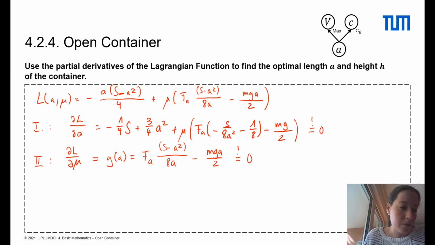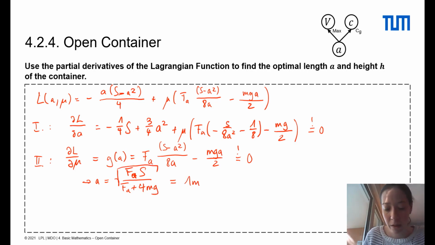So we can compute a from this equation. That's the square root of fa times s over fa plus 4mg, which is 1 meter, because the other solution to this square root is -1, and that's out of the design space because the design space only starts at 0. And then we can use that to compute mu,